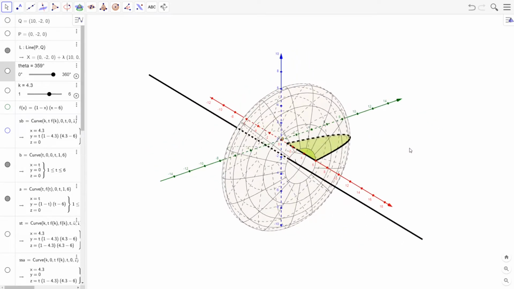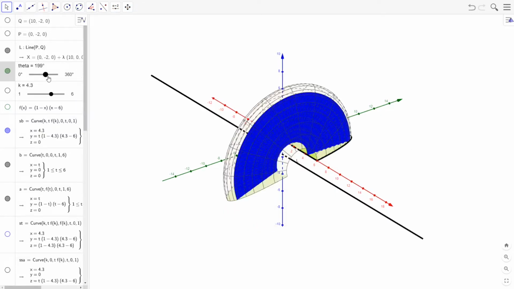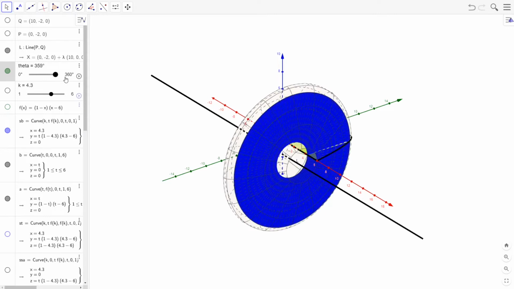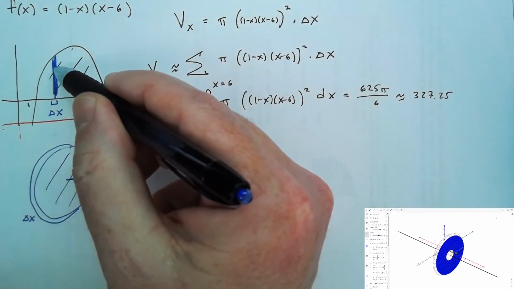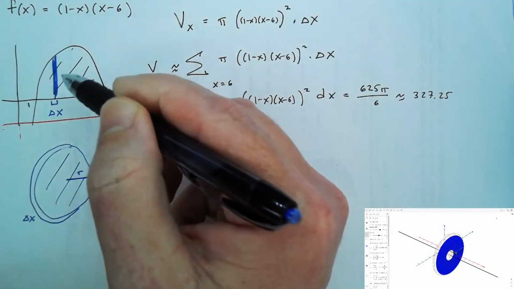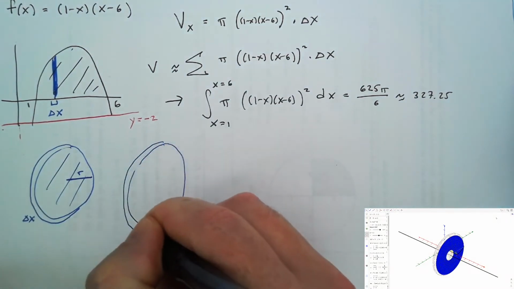What will the slices look like as they get rotated around this axis? Here's the slice, and here's what it looks like when we rotate it around that line. We get what we might call a ring, or in technical mathematical terms, an annulus, or it might look like a washer, an object that you would use with a nut and a bolt. Essentially, it's a disk with a disk cut out of the middle. If we take our blue slice and rotate it around this red line, we will now get one of these washers.